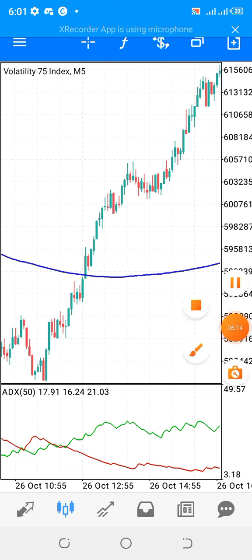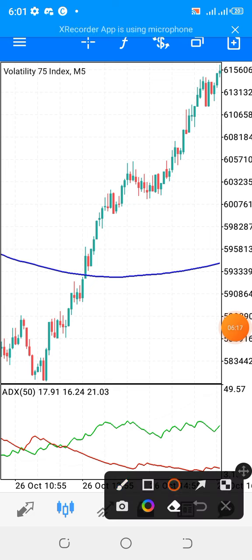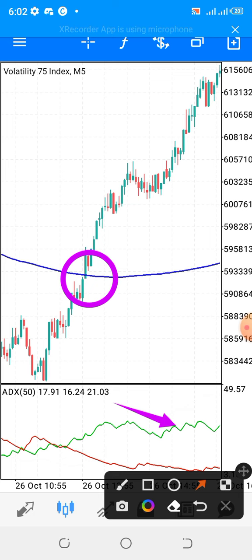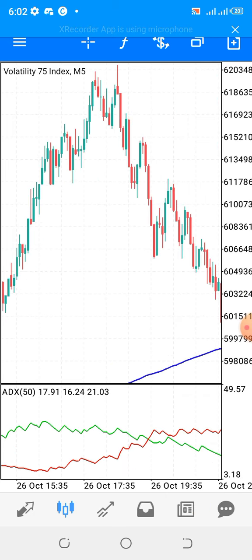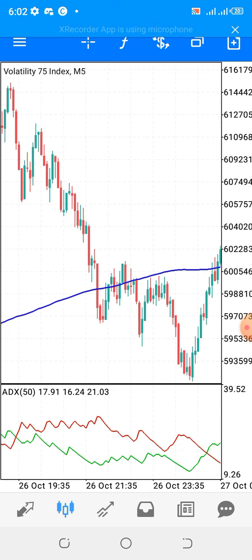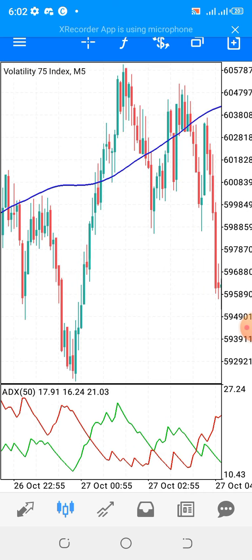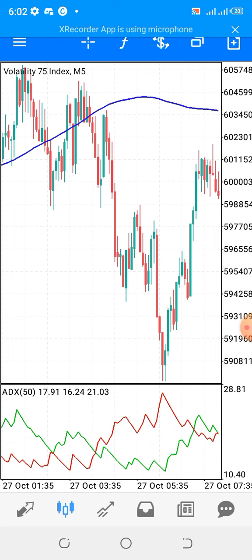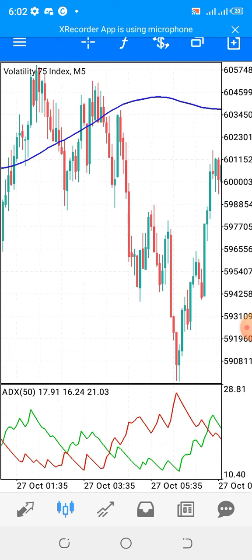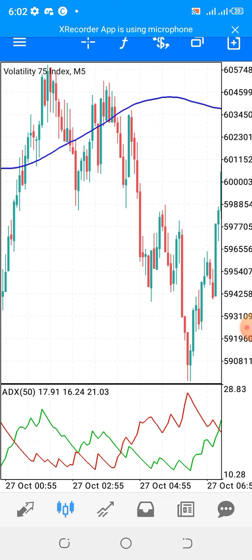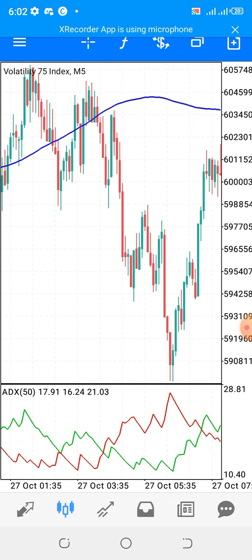Now look here. There is a crossing here. Once you identify this crossing, the next thing is to come down to the side of ADS and wait for a crossing in the direction of the candlesticks. So there's no crossing here, so you don't force the market, you just relax. The strategy is, when the candlesticks are below or above, then you come down to ADS to find the crossing. That's your entry.